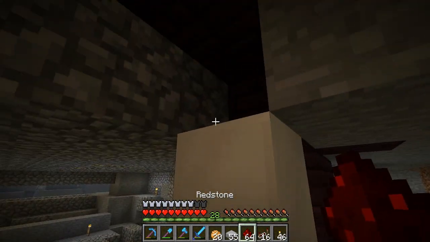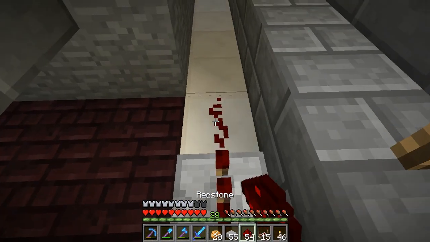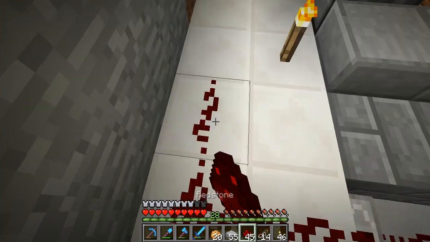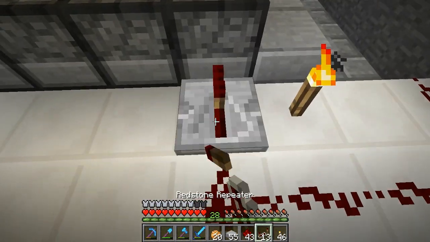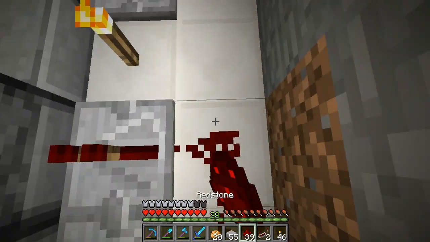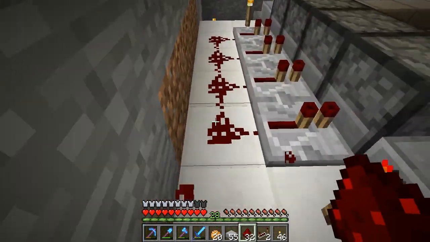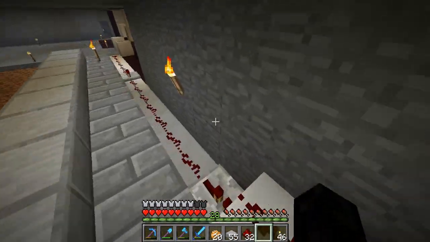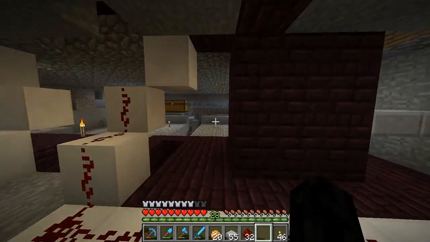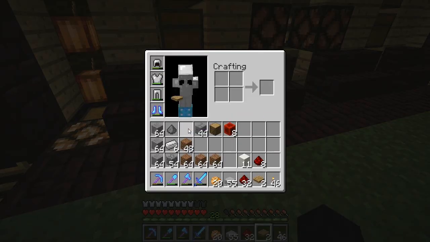That'd be 1, 2, 3, 4, 5. Alright, so repeater for each one of these. And also a repeater here in these middle ones to make sure the redstone charge keeps going. And that should power all of the dispensers, so let's go up. The only thing is we have to power them twice for them to suck the water back up too, so